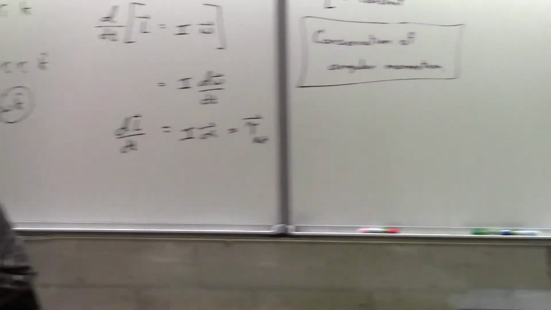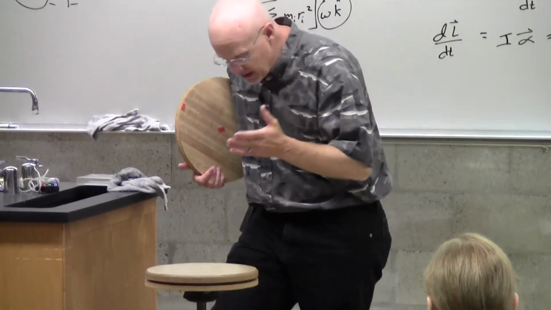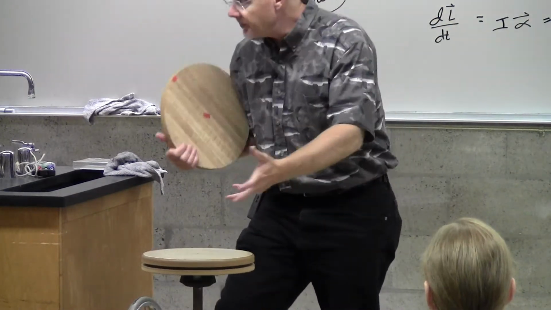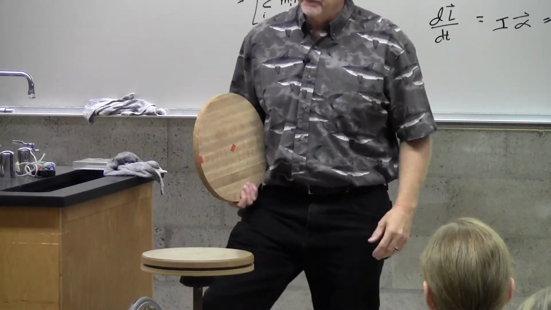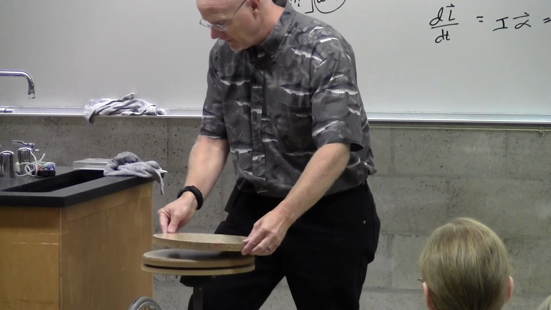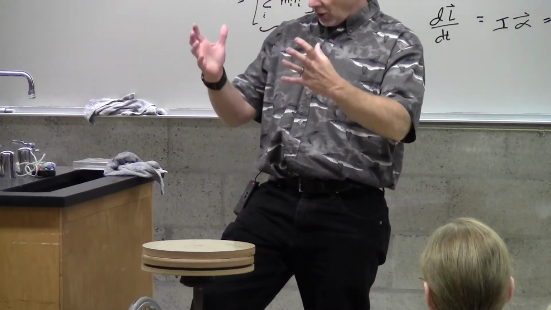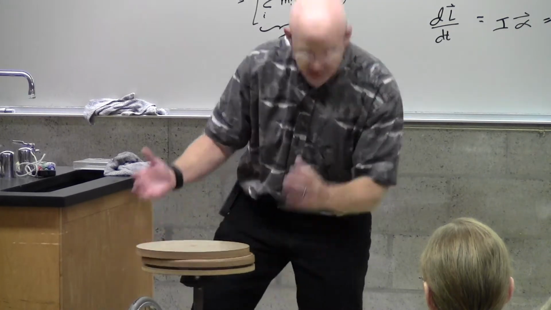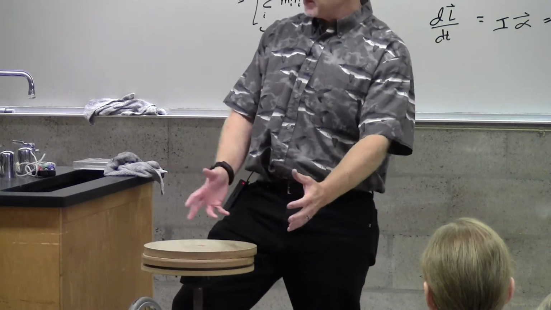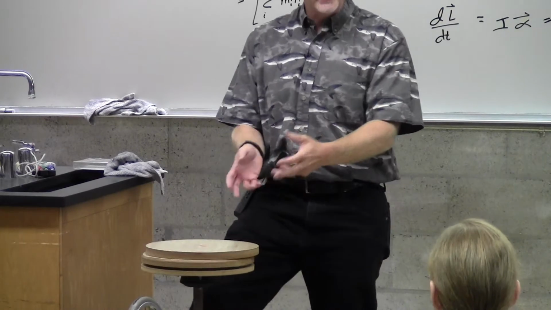So here I have this spinning, and I can then look in the little table and say, this is 1/2 mr squared. And then if I gave the angular speed, then I could get the angular momentum plus 0. And of course, when I put them together, I now have what you might call one solid disk, although I didn't get it quite centered. If it was centered, it would have the same radius, it would have more mass. But you get the idea that then I would set that equal to the angular momentum